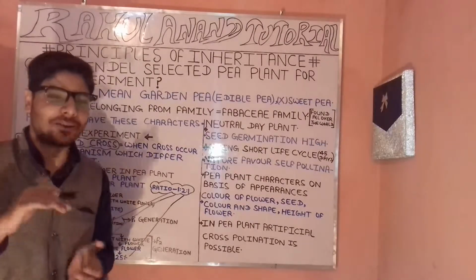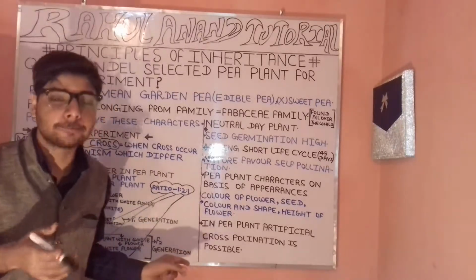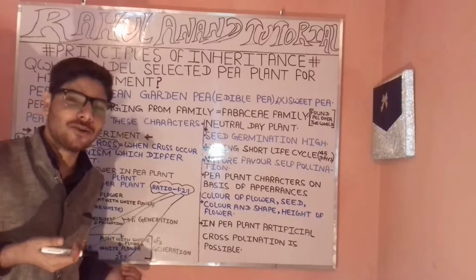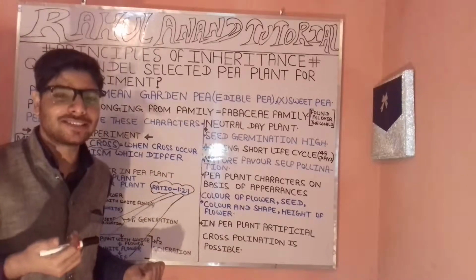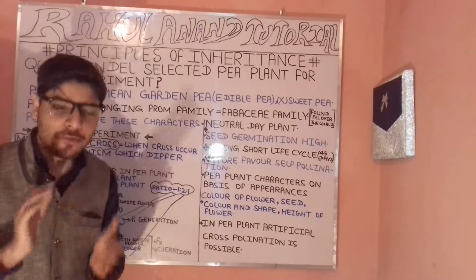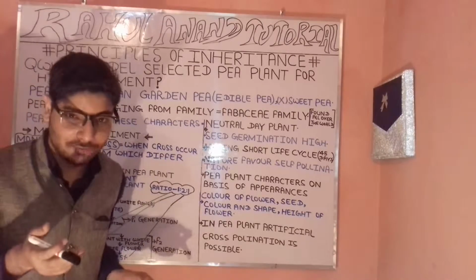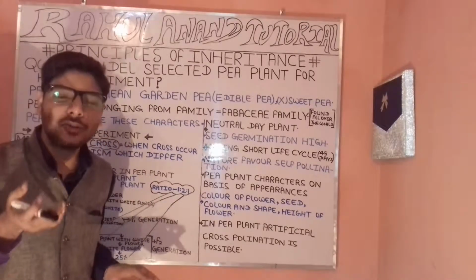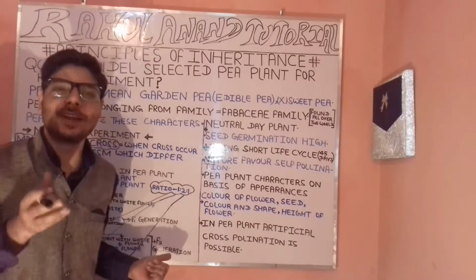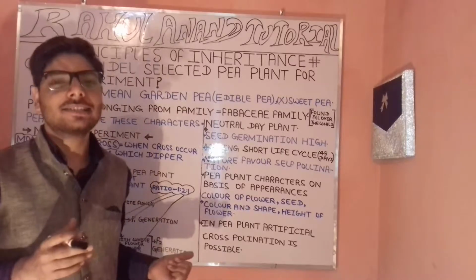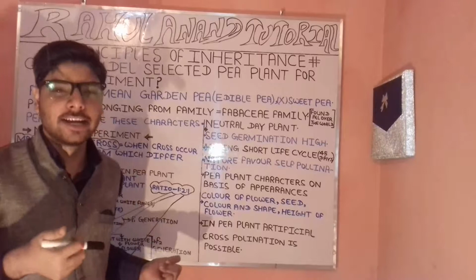When we look at the result of the F2 generation, what do we get? Around 25% will be produced that is pure red. Then for another 25%, it could be red in color as well as white in color. Thus here we are calling it the hybrid red in color.